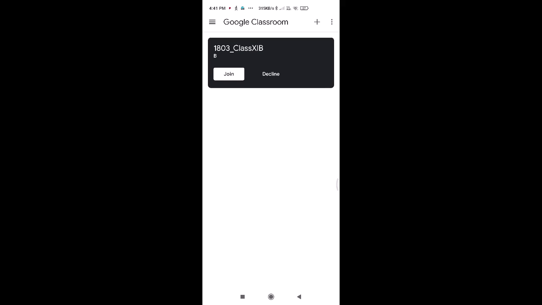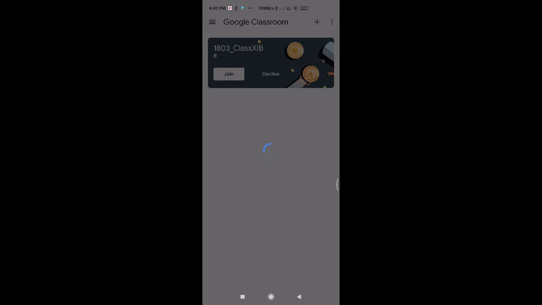I am a student, you have to choose. Now you can see the invitation from the class is present here also. We had seen in the mail that the invitation is present from the class teacher. The same invitation, once you log in successfully into the classroom, is present here. What you need to do is click on join.